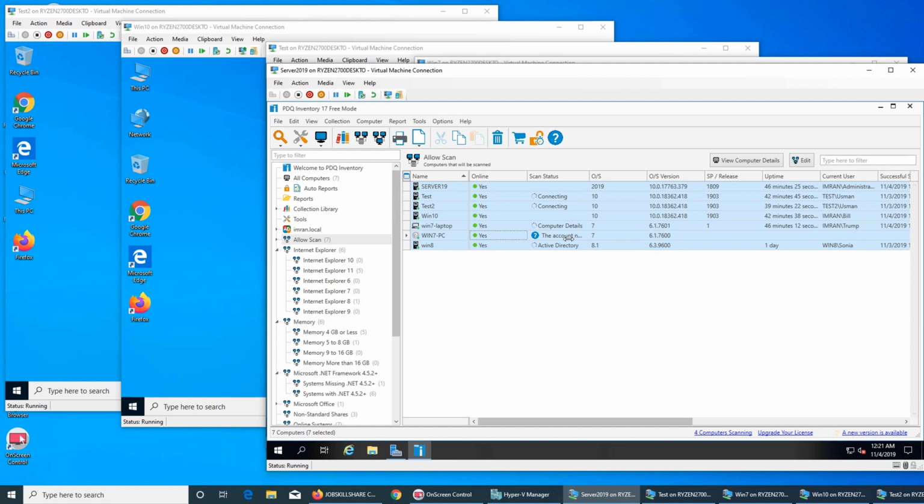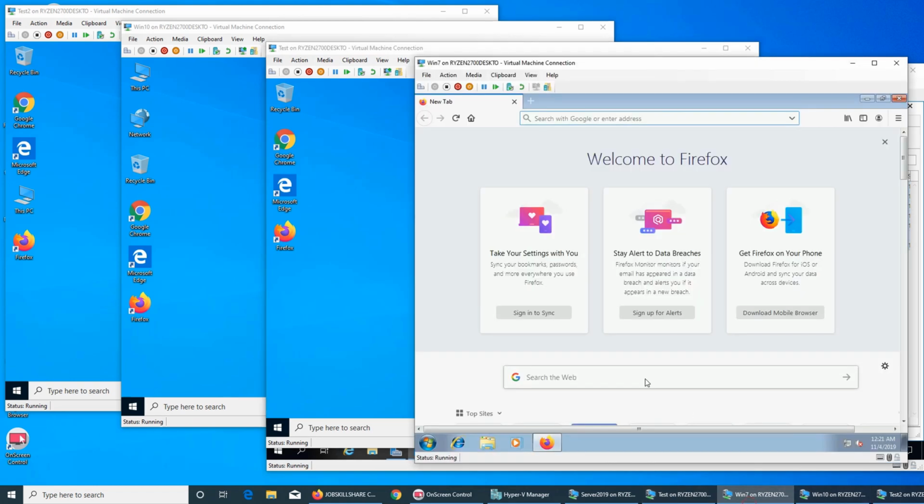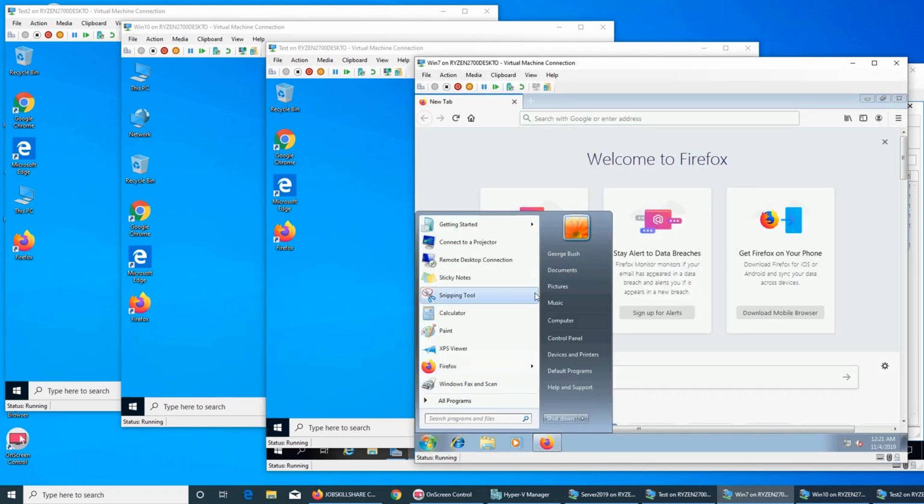this one, the 7 PC, oh, that account is not being honored. That is something. Alright, so see all these usernames, they changed according to who is logged on at that machine, and this will take a while. Let's go to our Windows 7 machine here and log out of this one, GW Bush. Let's see if we have